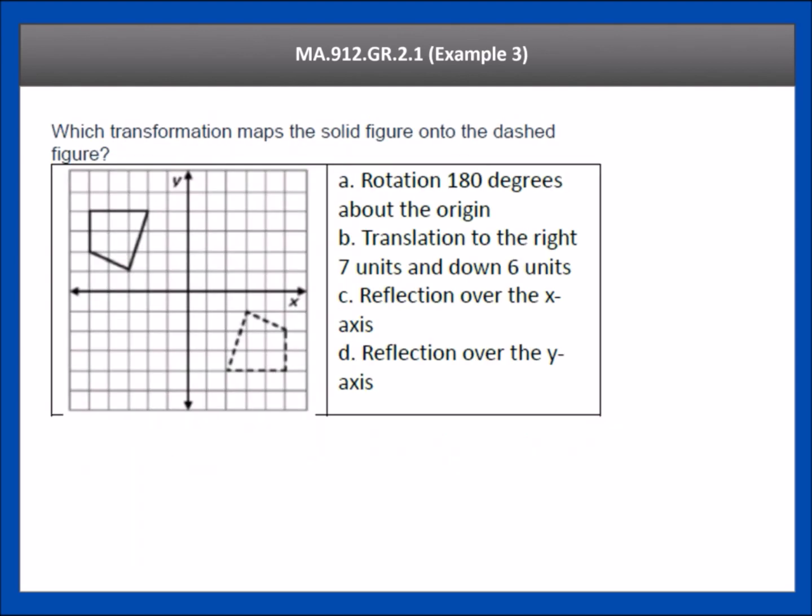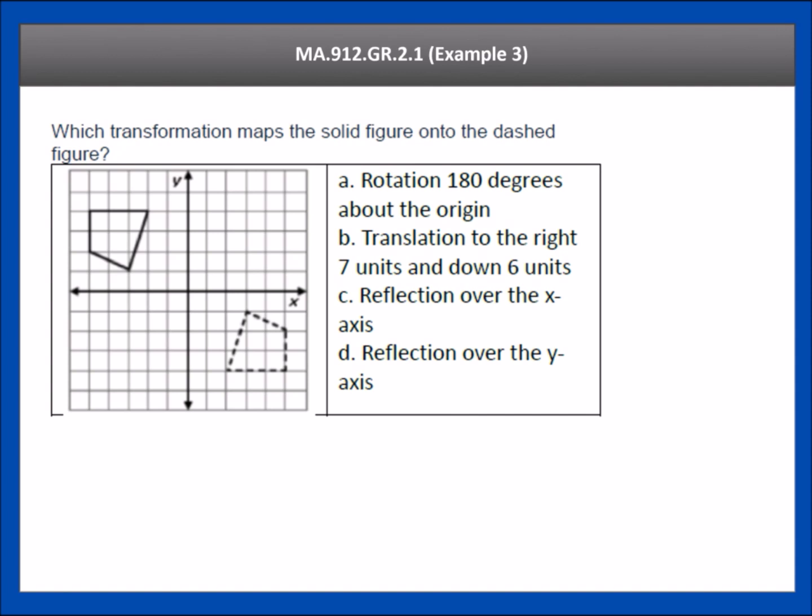All right, so example 3, which transformation maps the solid figure onto the dashed figure? It's clearly not a translation because it's not moved. If I move it, then it's going to maintain the same position, right? So therefore, that can't be